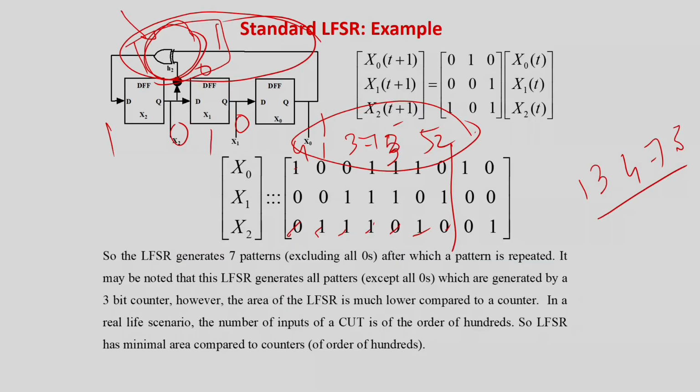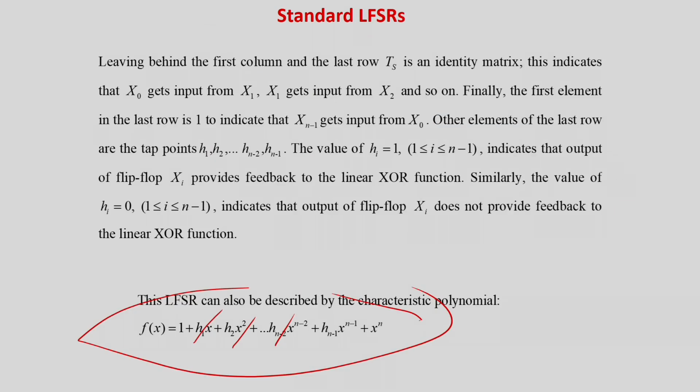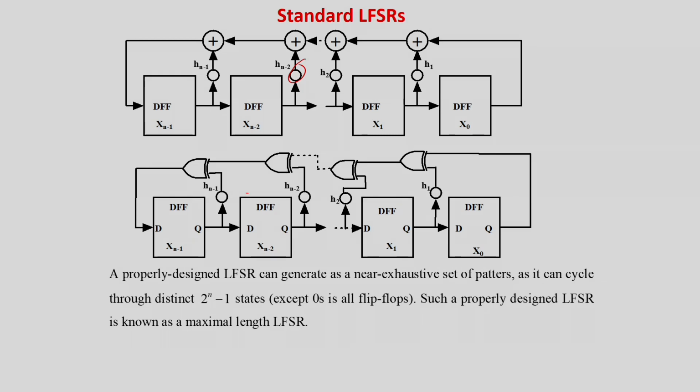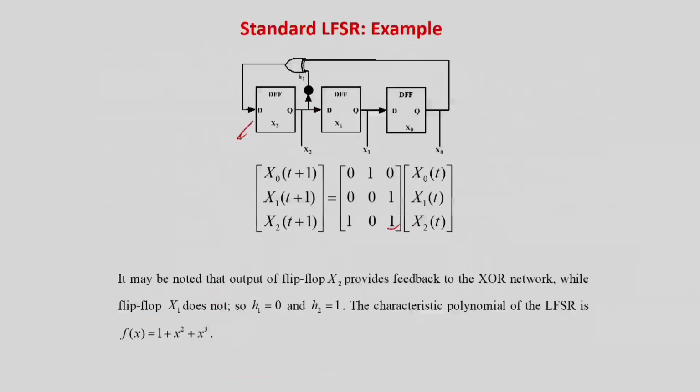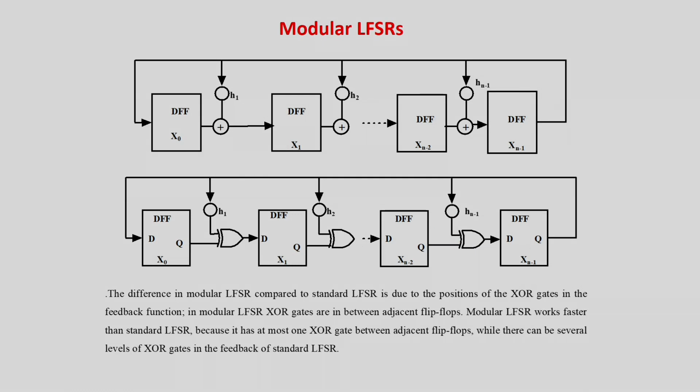Now some people had a problem with standard LFSRs because they complained that this one comprises so many XOR gates in sequence. If it is 32-bit, in the worst case there may be 32 inputs, so it may be a very slow design because of the delay of the XOR gates. So then people showed that we can design another kind of LFSR, called modular LFSRs, where this delay is reduced but the same characteristic of generating a huge spectrum of patterns is possible with a very low